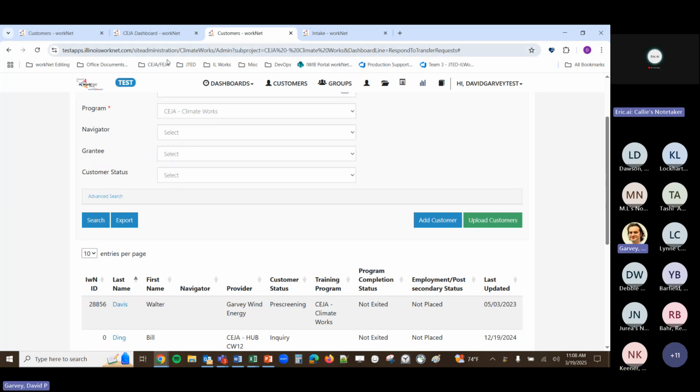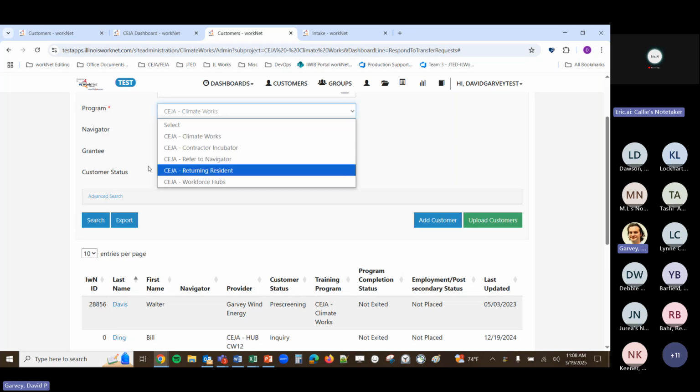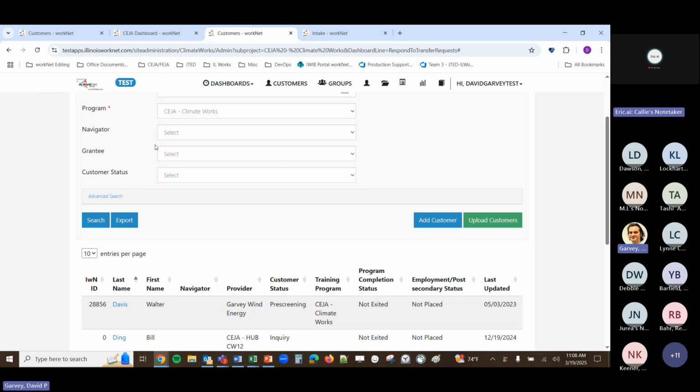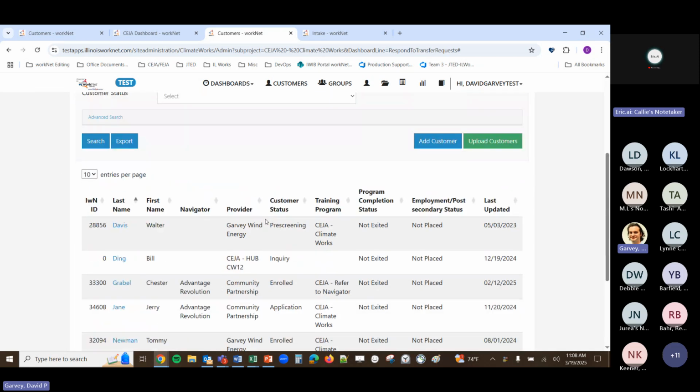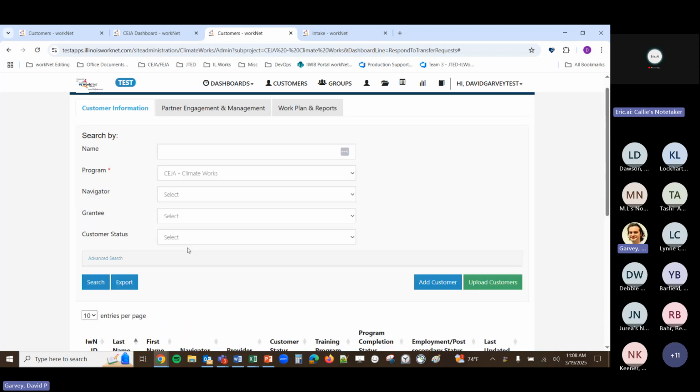Yeah, so the system would check across whether they're in Climate Works or Workforce Hubs or maybe returning residents. As long as they're housed in this list, which does include everybody, the system will pick up on that. And it won't let them proceed in either case, right?